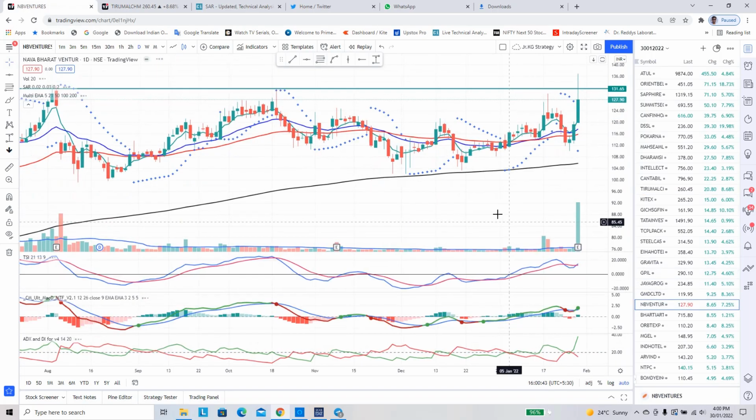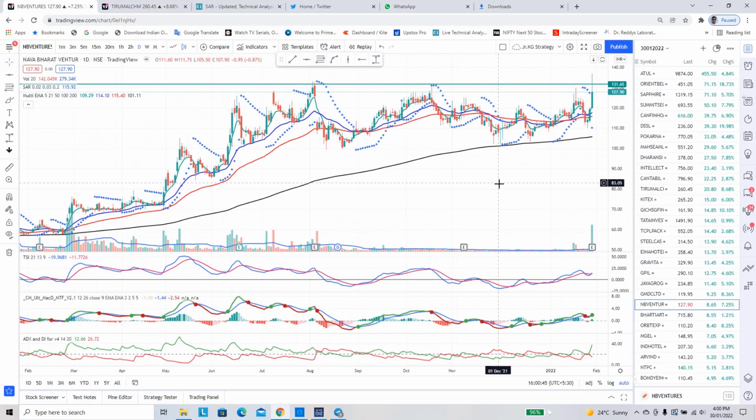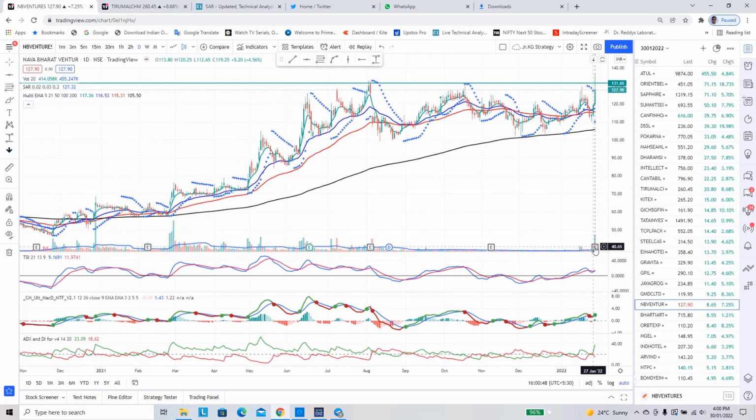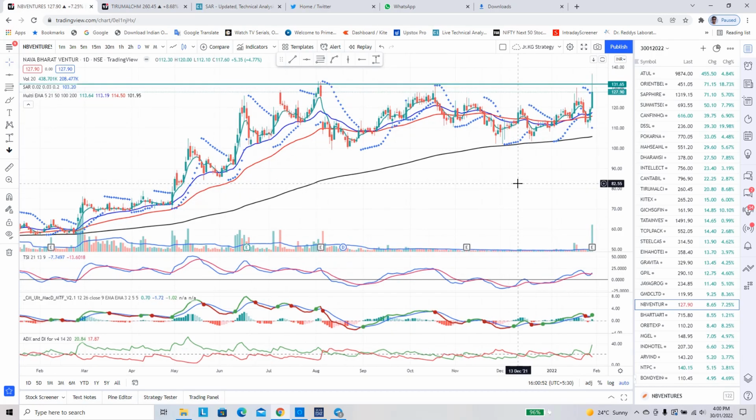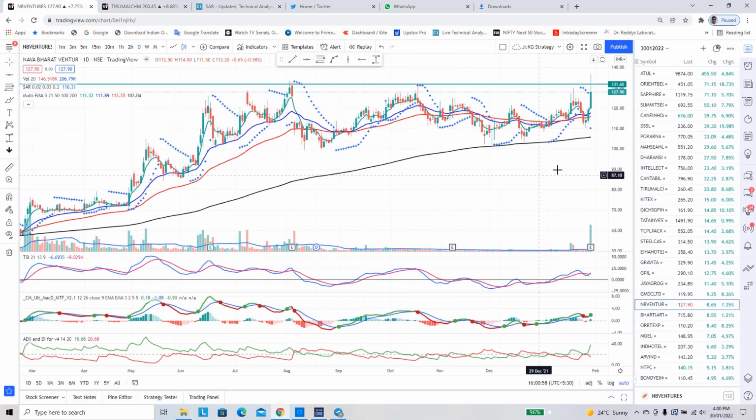One more stock I want to show you here, Nav Bharat. See, again I think on the 27th they have declared the earnings. You can go and check what those earnings are. I don't have that information right now, but last week you can see there is a buy signal with a huge volume. Already TSI has given a crossover, MACD crossover, ADX crossover, and this is at the breakout